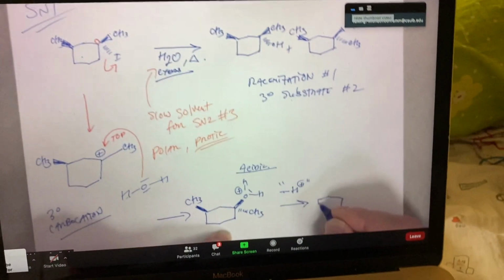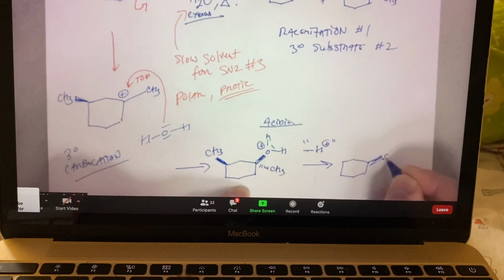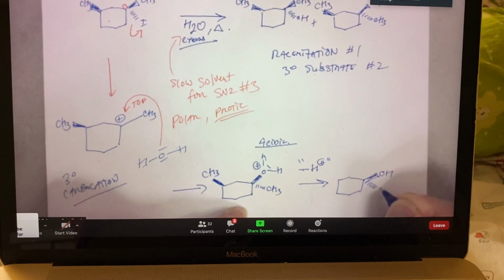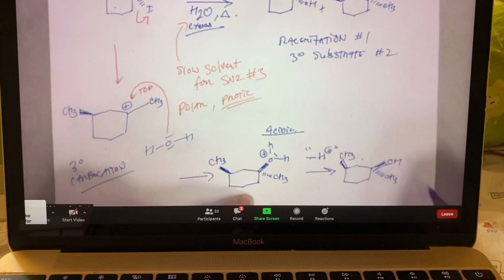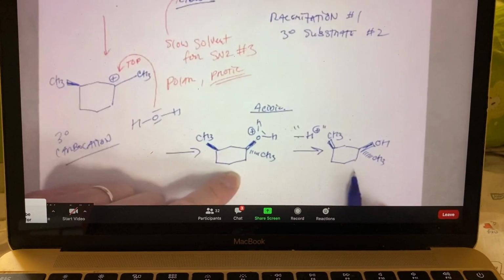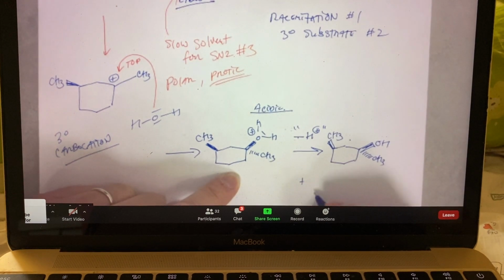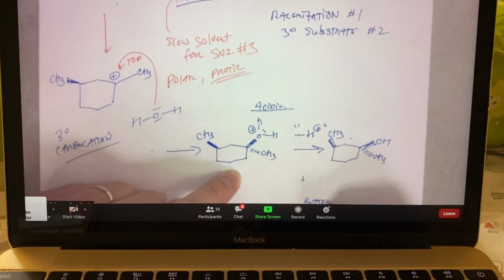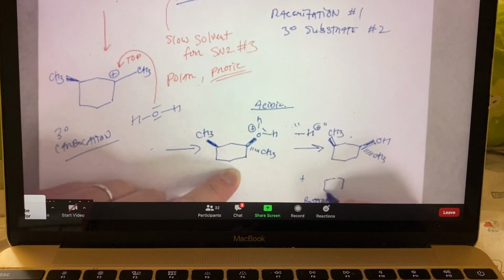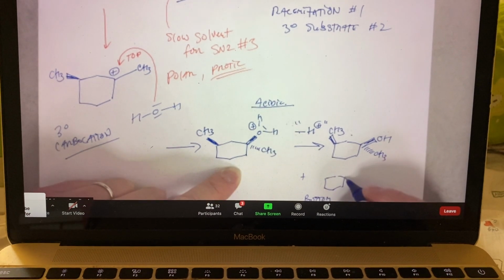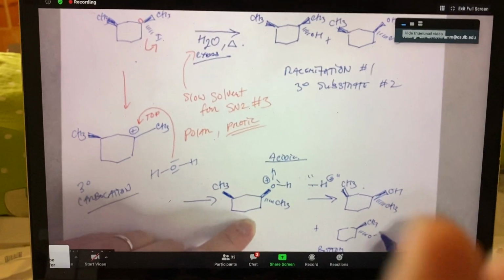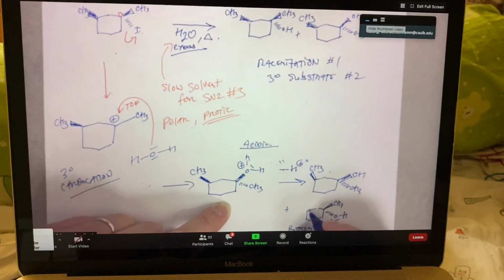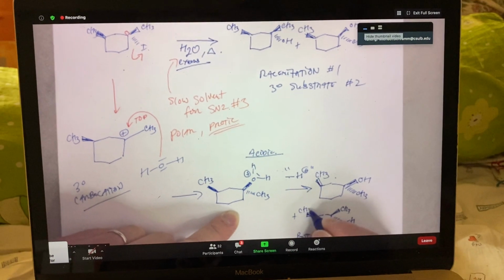In doing so, we'll get to one half of the possible products. This would be from the top, right? And then we could also write from the bottom here. If water came in from the bottom, we make an oxonium that would have a methyl group up, and the oxonium would be down. If we took off the acidic proton, we'd get to this other